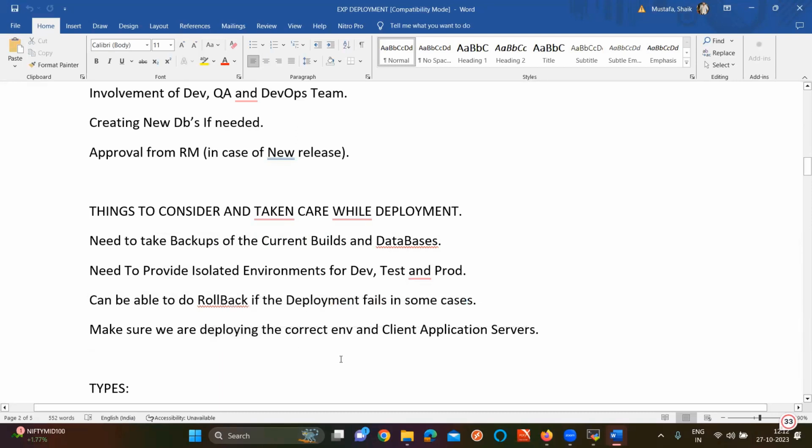What is the dumbest thing I have done in my entire working career? Basically, it happened to me. Once they asked me to deploy. We have a client called Toyota. Toyota is our client actually. They asked me to deploy in the development environment. But at that time, I needed to go to a party. We had a marriage function that night, so I needed to go to the marriage function. I was in a hurry.